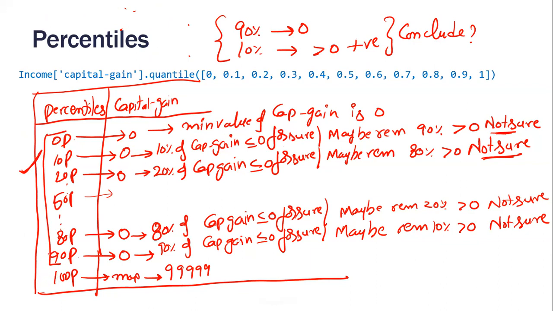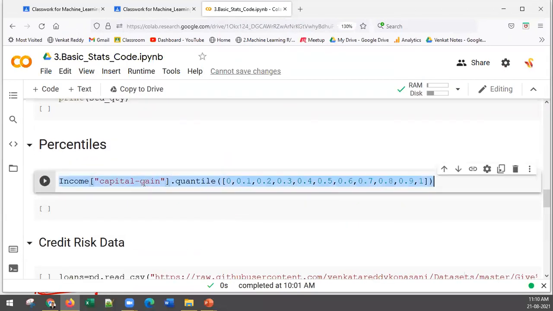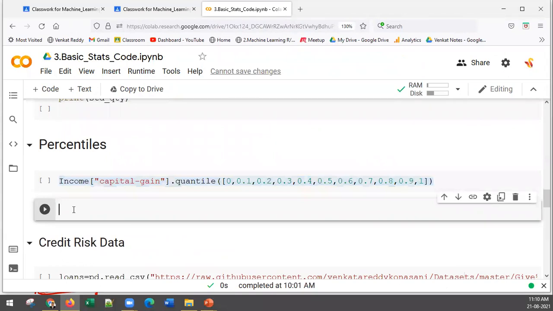What should we drill down? From 90 to 100%. We should drill down to understand further. Make sense? How do you drill down? How do you get 91 percentile, 92 percentile, 93 percentile? Here is the process. Like the way you have 10, 20, 30, 40 and all that. So how do you get 91 percentile? 0.9 is 90 percentile. 91, 92, 93, 94, 95, 96, 97, 98, 99, 100 percentile.